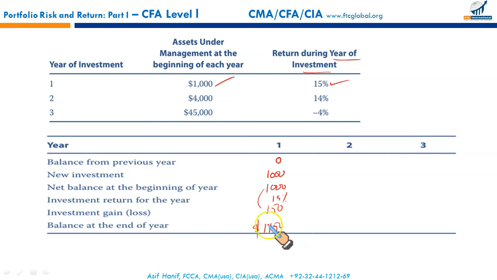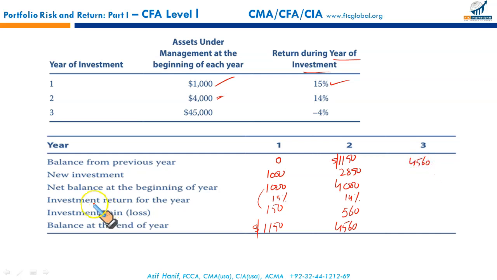Now this $1,150, the balance at the end of the year, would be the opening balance for the second year. Now what is the asset under management at the beginning of each year? That is 4,000. So if 4,000 represents the balance at the beginning of the year, that would mean the additional investment would be the difference between this and this. That would be $2,850, right? So the return generated during the period was 14%, and 14% of 4,000 would be 560. So what will be the balance at the end? 560 plus 4,000, that will be 4,560. This would be the balance from the previous period,